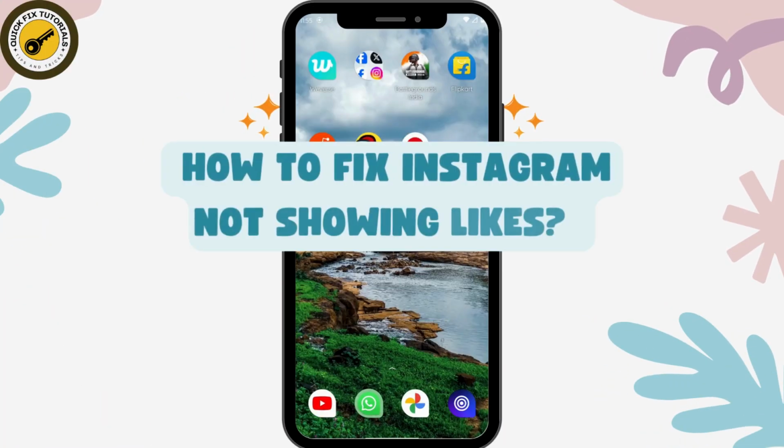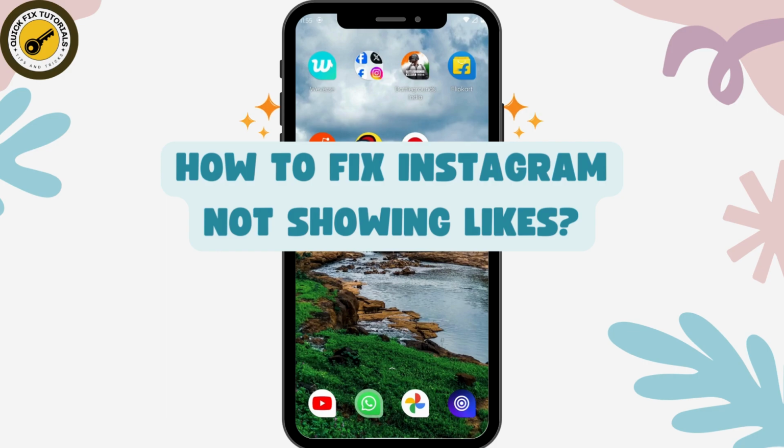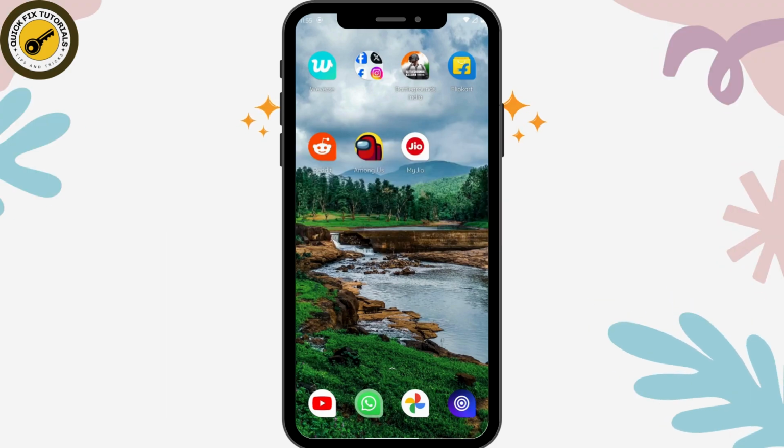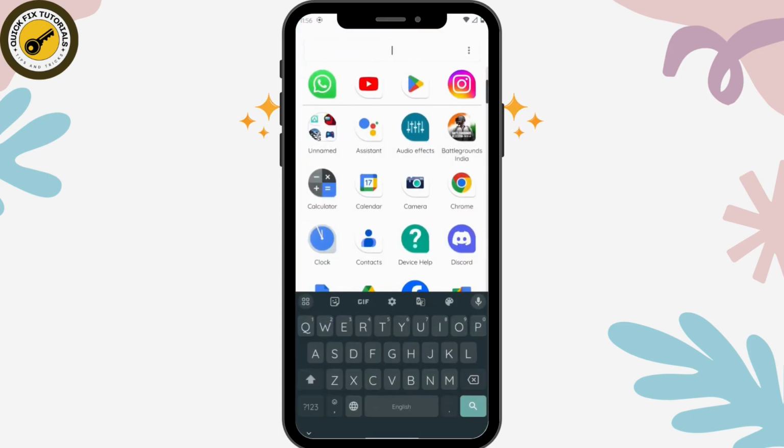How to fix Instagram not showing likes. If you're facing a problem with Instagram likes not showing, then the first thing you need to check is the internet connection. If you don't have a stable internet connection, then you might find this kind of problem. But if it is not the internet connection, then you can open up your settings